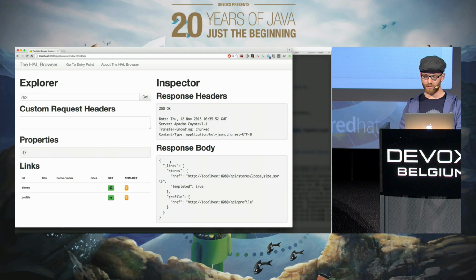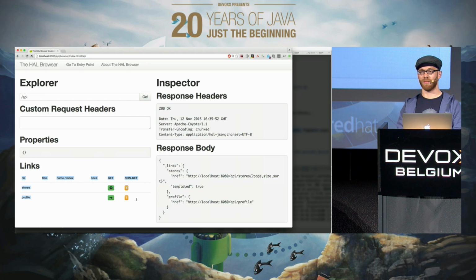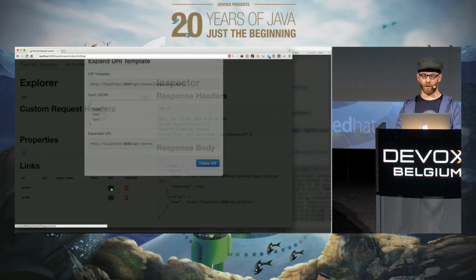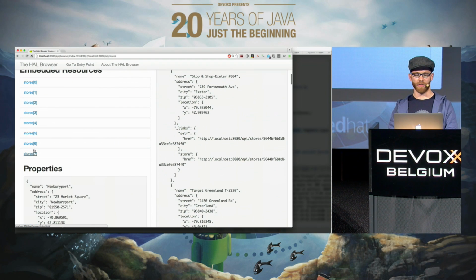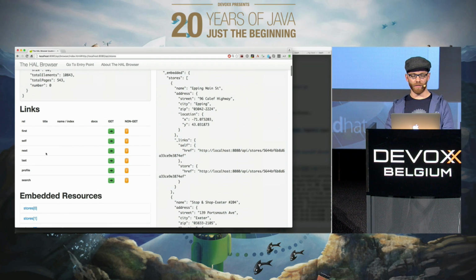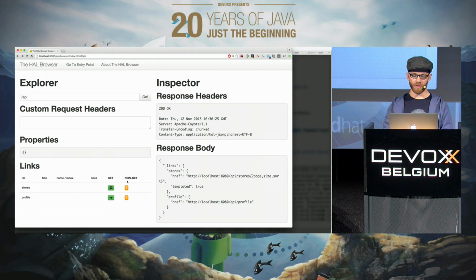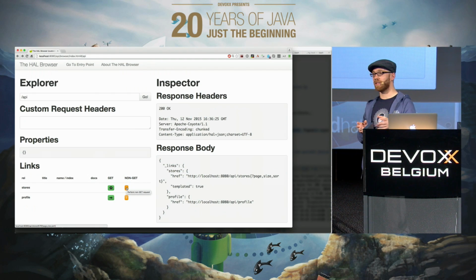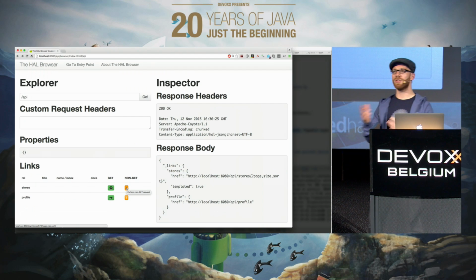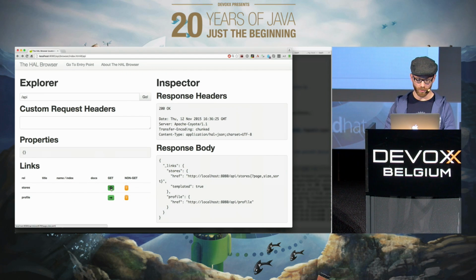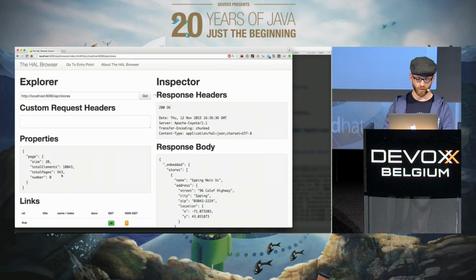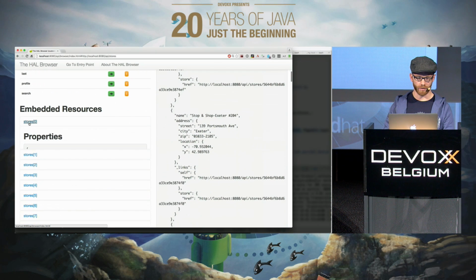So you see there's this stores link coming back, so it shows up here because it basically understands HAL and makes use of that. So you can follow that link and get all the stores back that are in here. So you get a bit of nice UI. And the interesting bit is that we've customized the HAL browser to use the metadata to not just give you a, let me just go here again, follow that and say stores,